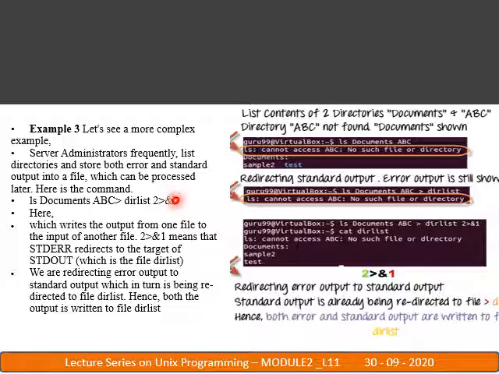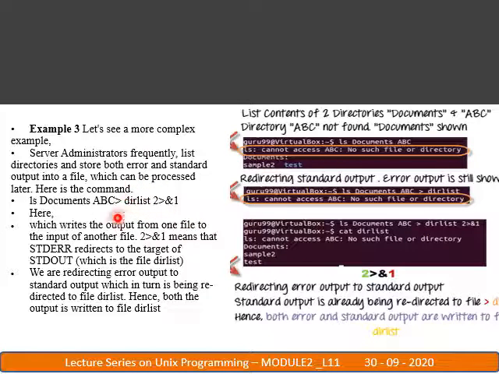This is 1. Standard error is redirected to standard output, which is the file, dir list. So what it does is redirect the error output to the standard output, which in turn is redirected to the file dir list.